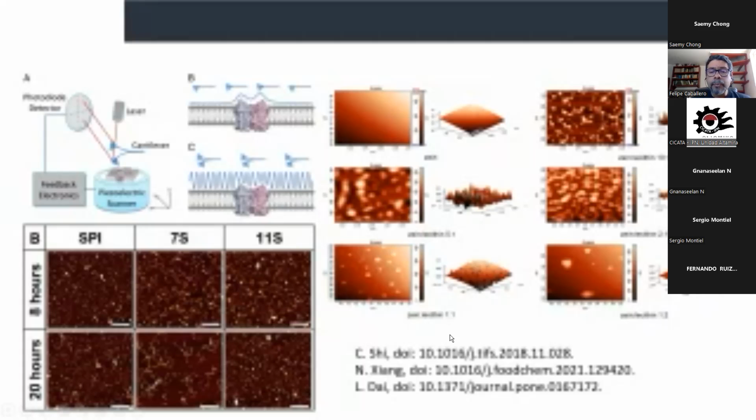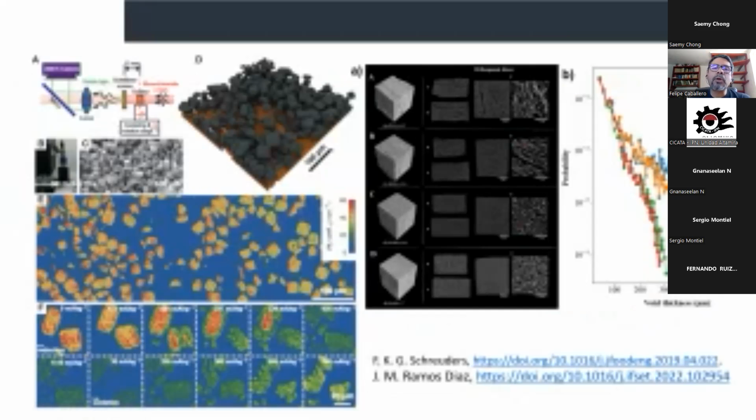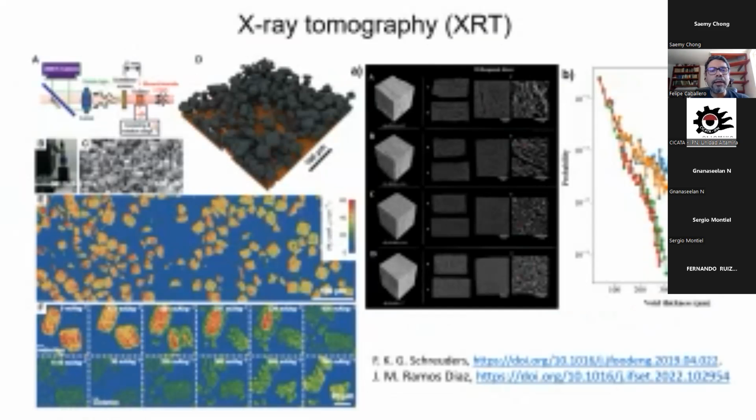Another interesting technique that allows us to see the volume structure of the plant-based meats is X-ray tomography. You know, X-ray tomography is used in medicine to observe the living tissues, the bones, where you can have a vertical cut of the bone. So X-ray tomography uses exactly the same principle. There is a vertical scanning of the sample, so you can see this is the principle